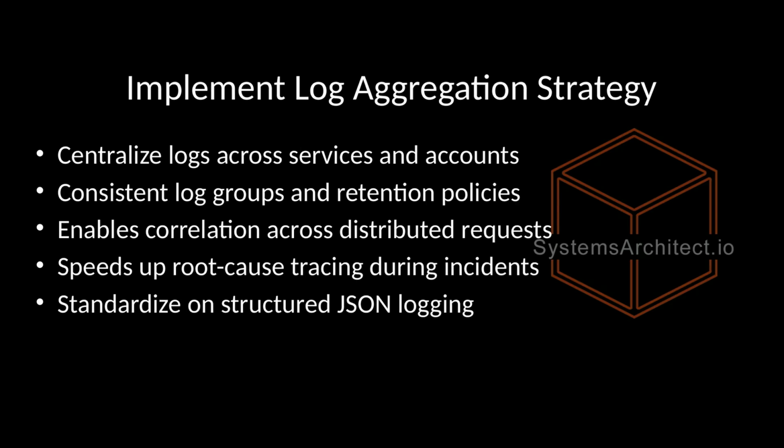4. Implement log aggregation strategy. Logs scattered across dozens of services and accounts are nearly impossible to correlate when you're diagnosing an incident under time pressure. A log aggregation strategy centralizes output from EC2 instances, Lambda functions, containers, and managed services into CloudWatch Logs using consistent, well-organized log groups. Centralized logging enables correlation across services, so you can trace a single request as it moves